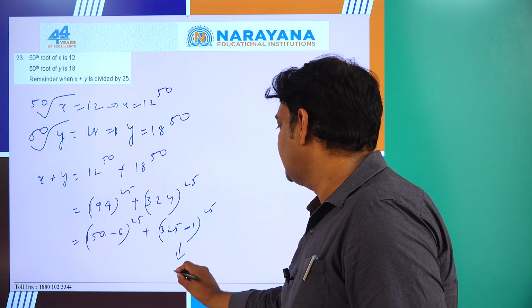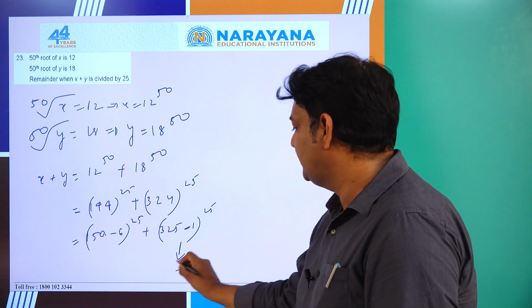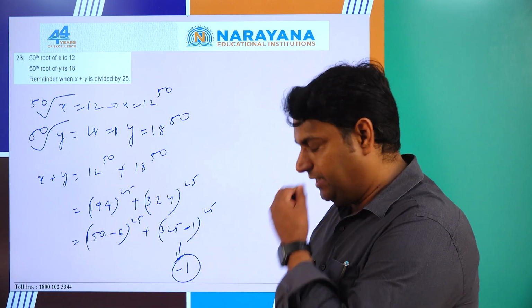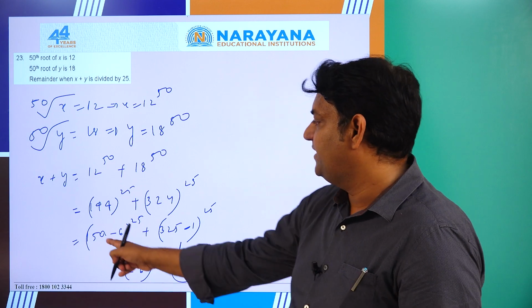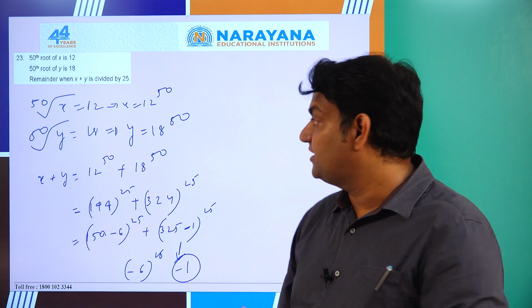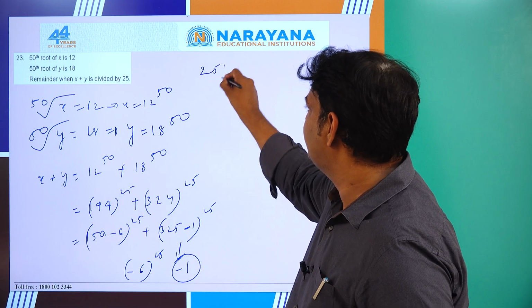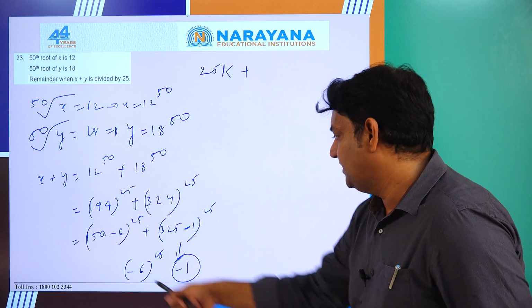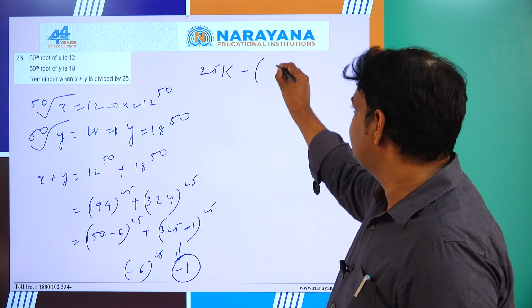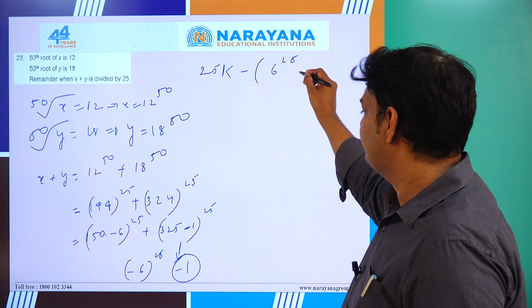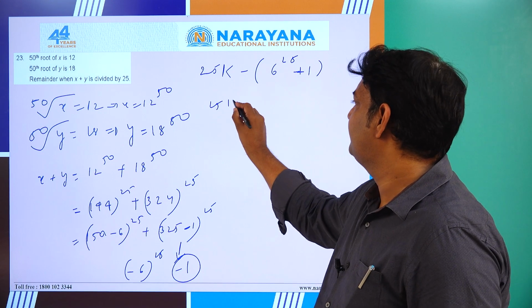No need to worry, here clearly the last value will be, when you do the binomial expansion, at last you will get here minus 1. Let us see here. Here what you will get? Minus 6 power 25. Check it once. Remaining all terms are multiples of 150, means multiples of 25. So everything else will be a multiple of 25. It is something like 25k plus, minus, if you take common, you will get 6 power 25 plus 1, and again 25k